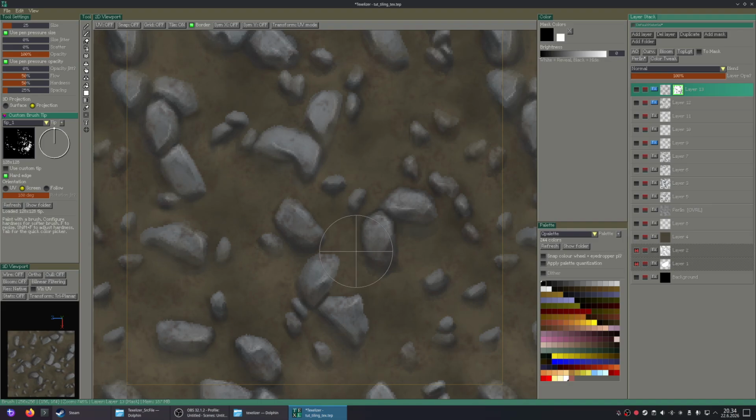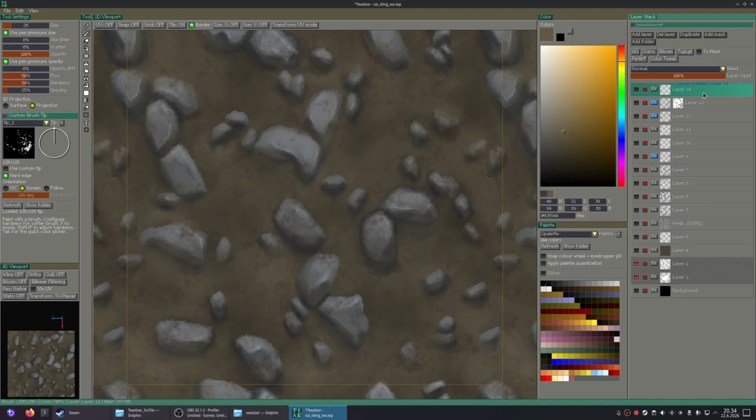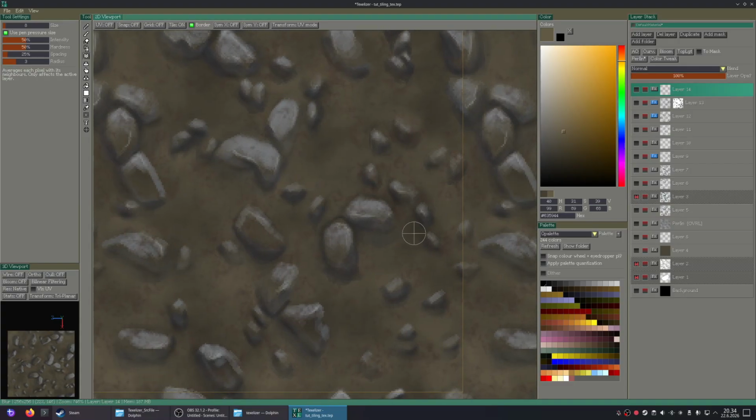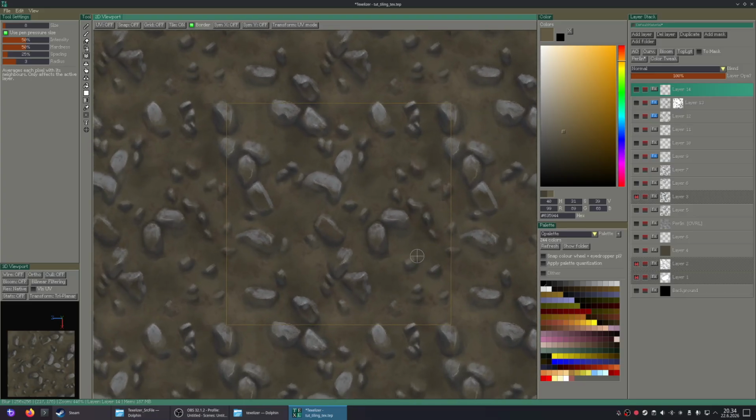Some of the edges of the rocks are a bit sharp and pixelated instead of blending smoothly. So was it so that, oh yeah, this only affects the active layer, this blur tool, so I am gonna need to find that layer. So this is the one. What if I do that?